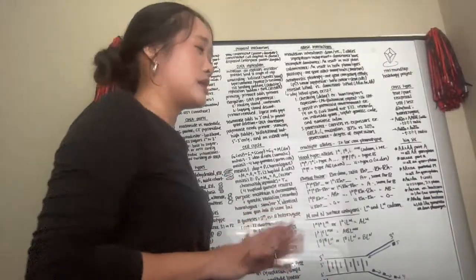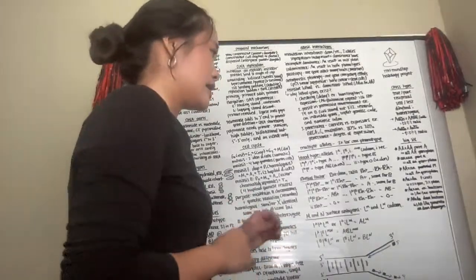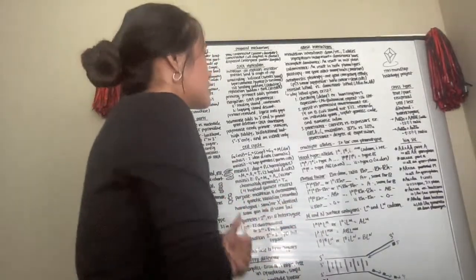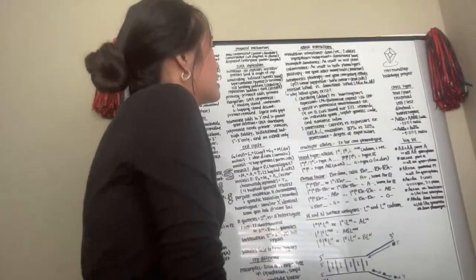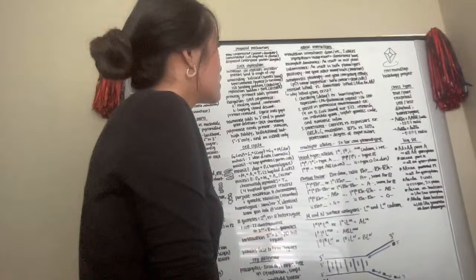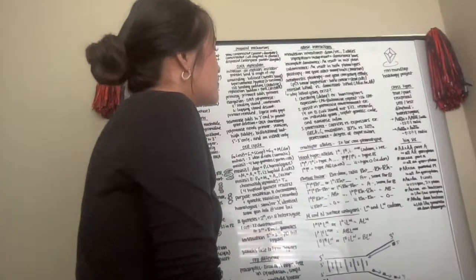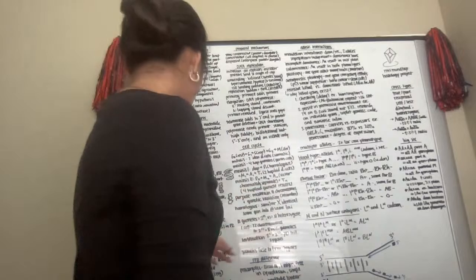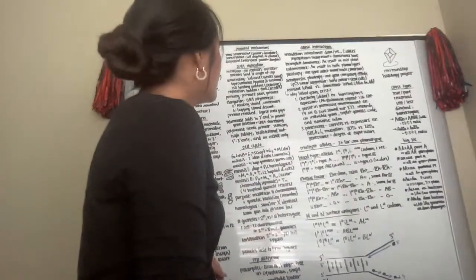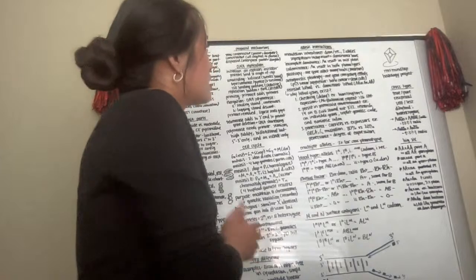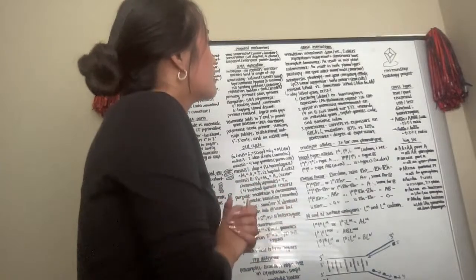This is the very basic type of inheritance. I don't know why I said heredity. This involves dominant and recessive genes, 2 alleles for each phenotype. And this follows all 3 laws: the first law of segregation, the second law of independent assortment, and the third law of dominance. So again, this has trait masking and everything.